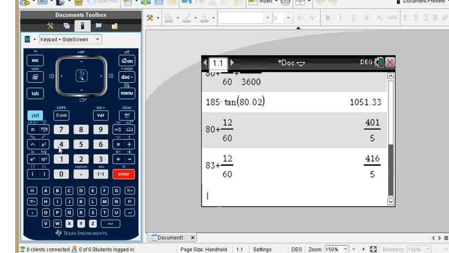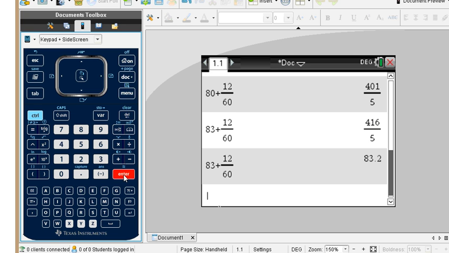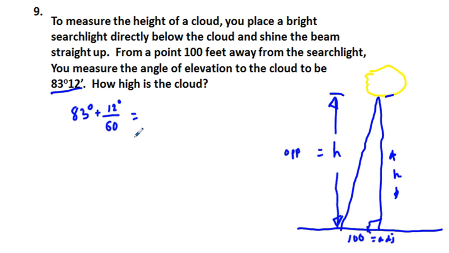That's what we get, an improper fraction. Press Control Enter. We get 83.2 degrees. And again, we have the tangent of 83.2 degrees